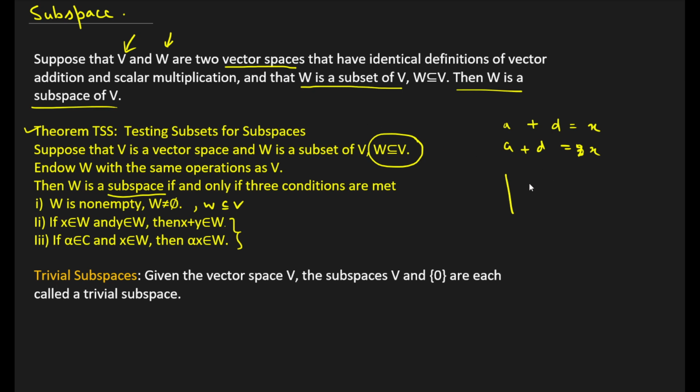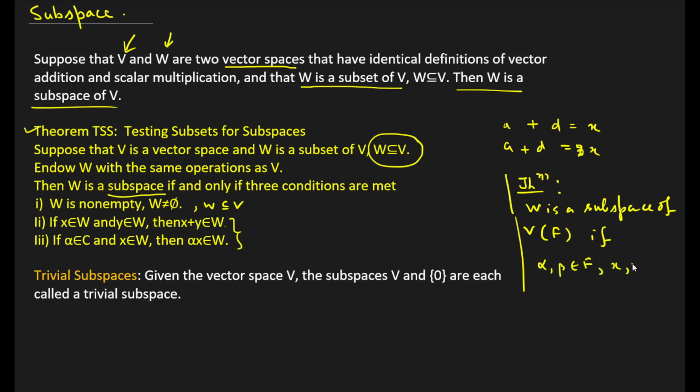But there is one more theorem. The proof of this particular theorem I will also upload. So W is a subspace of V over F if just one condition holds. I'll take 2 elements from the field and 2 elements from W and combine them: alpha x plus beta y. We make a combination, and if this particular element comes to W, then you say that W is a subspace. So whenever we do examples, we'll do them by this one operation, alpha x plus beta y